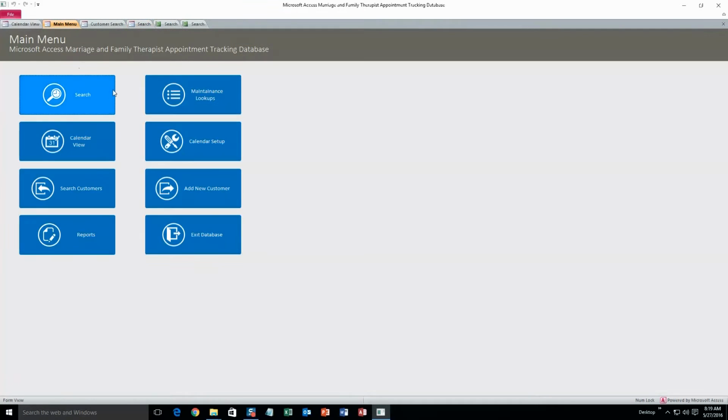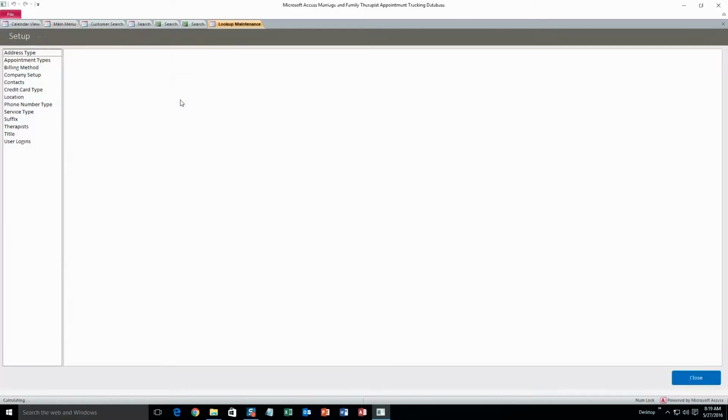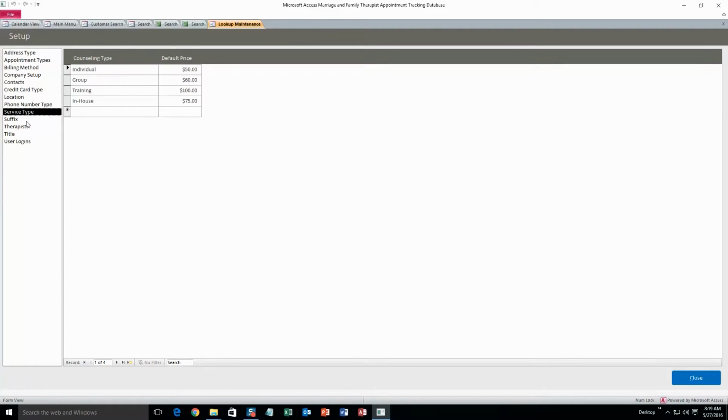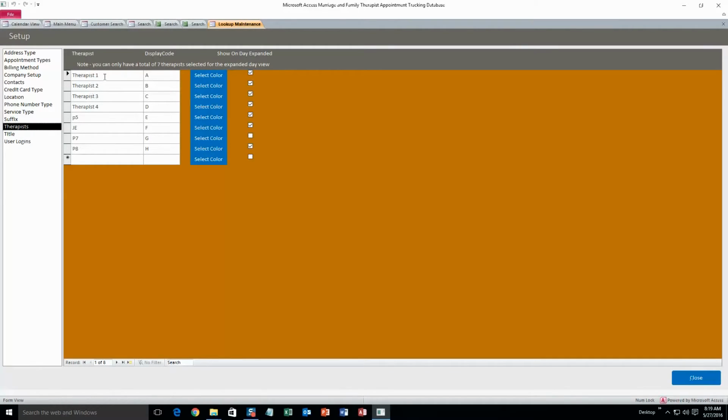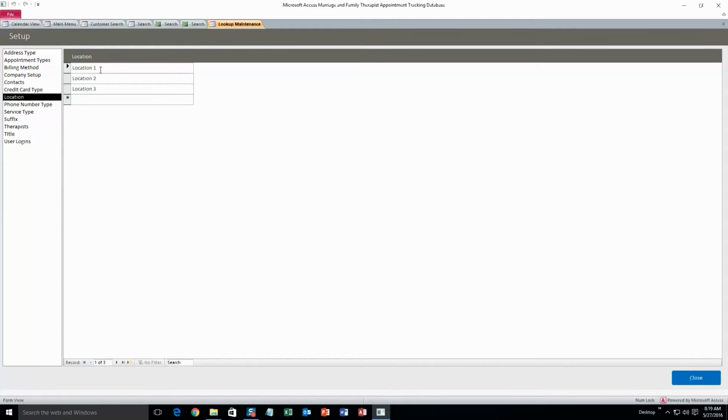All right, and next we're going to take a look at the maintenance lookups. This was all that drop-down information that I was talking about earlier. So we saw therapists, service type, and location in that appointment form. I'll just show you what those look like. All right, so let's change location. We'll just change location 2, and these all work the same way, so it's pretty easy. Location 2, we're going to change to the park,